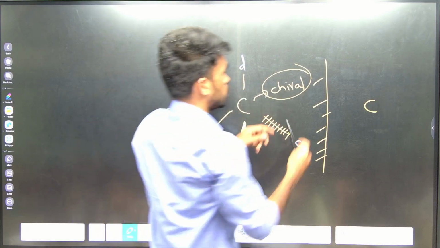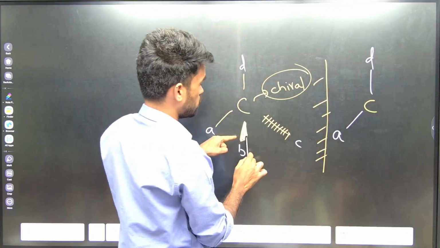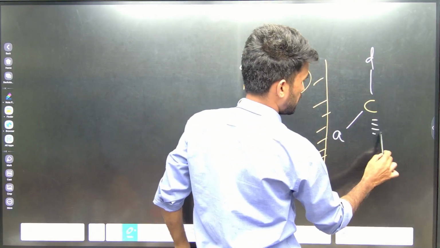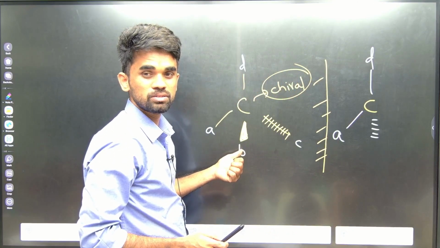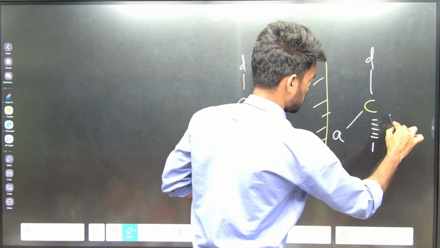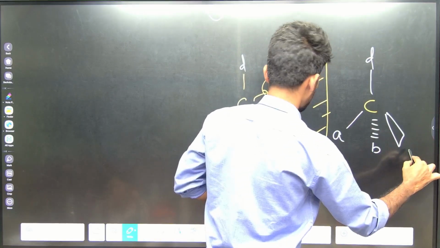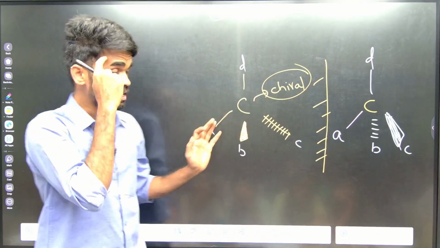Yes or no? So now this leaves within the plane only, like A, C, D. But what about this? It becomes above the plane. So I should write here, this becomes. Do you get what makes the difference here? So now